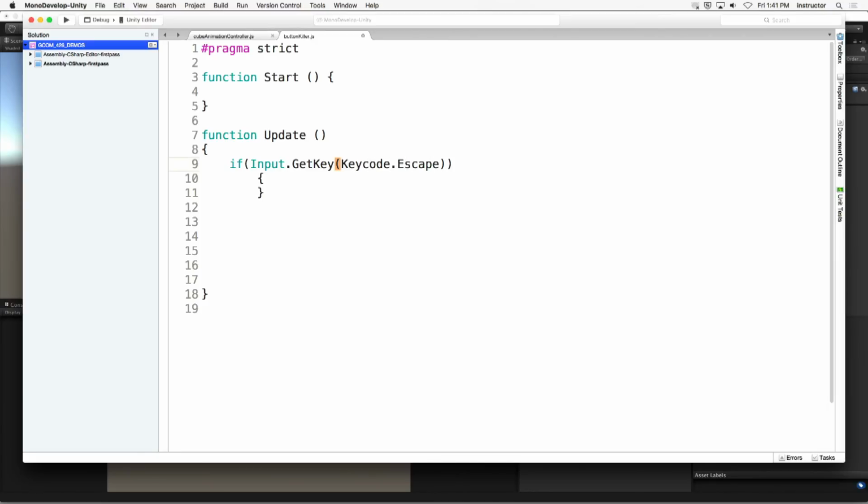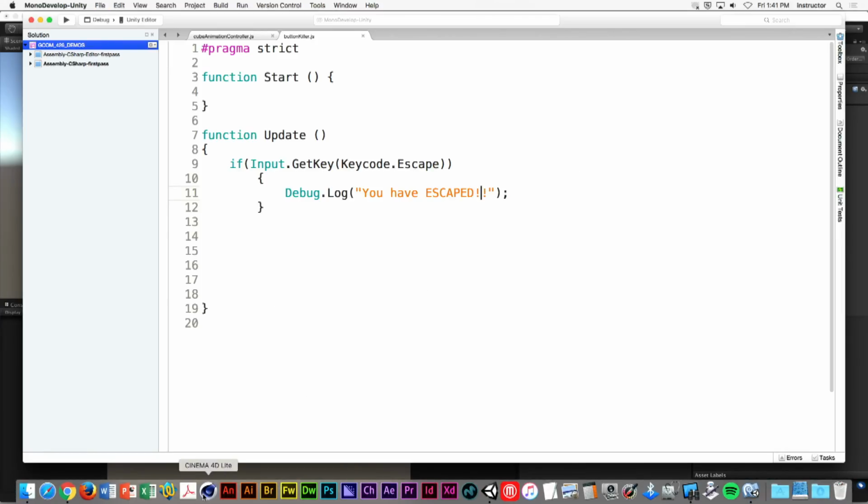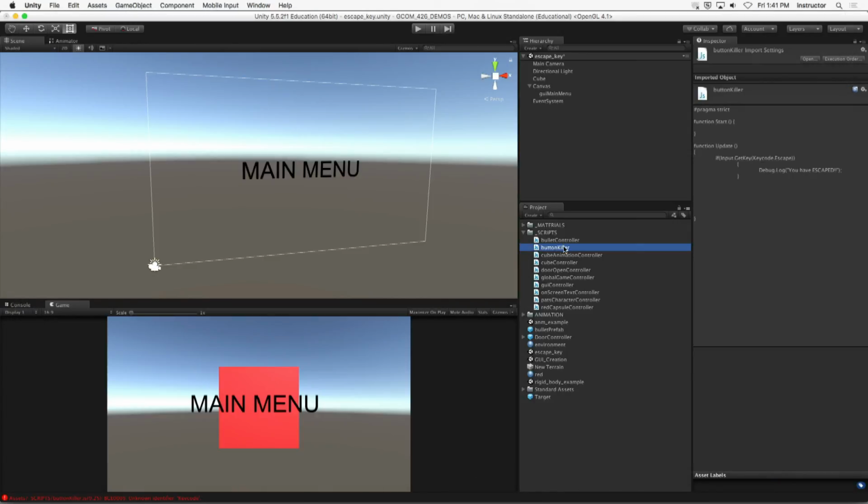Okay, here we go. Let's just see if this works. Test it as we go. Debug.Log. Press the escape key. You've got to say you have escaped. I like it. You have escaped. Let's do that. You have escaped. There we go. Let's go back into Unity and place the button killer script on the actual game object, GUI